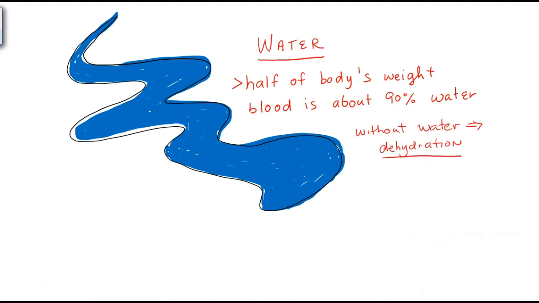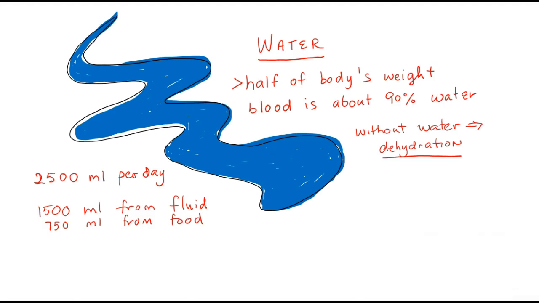So how much water do you need per day? The body needs about 2,500 mils per day. You get about 1,500 mils from fluid, about 750 mils from food, about 250 mils as a byproduct of metabolism. And then you lose about 2,500 ml per day, either in urine, your body's evaporation, or in